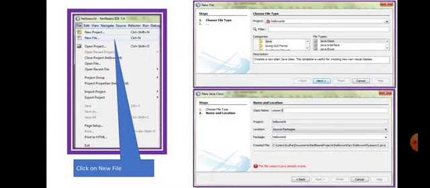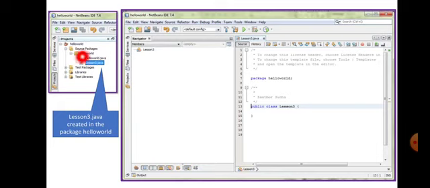And as I told you, this hello world is already created. Hello world.java is already created. Now you are going to create another file with the name of your class, lesson3.java. You can create many files under it.